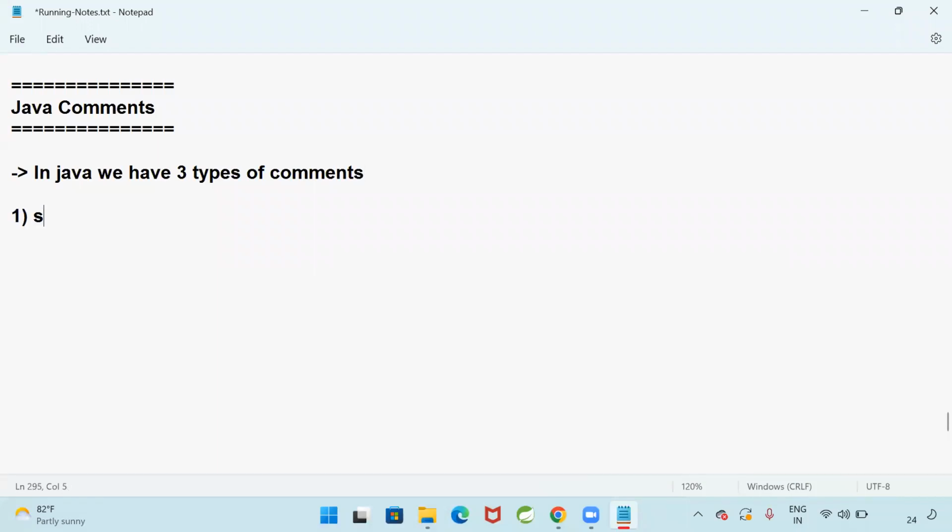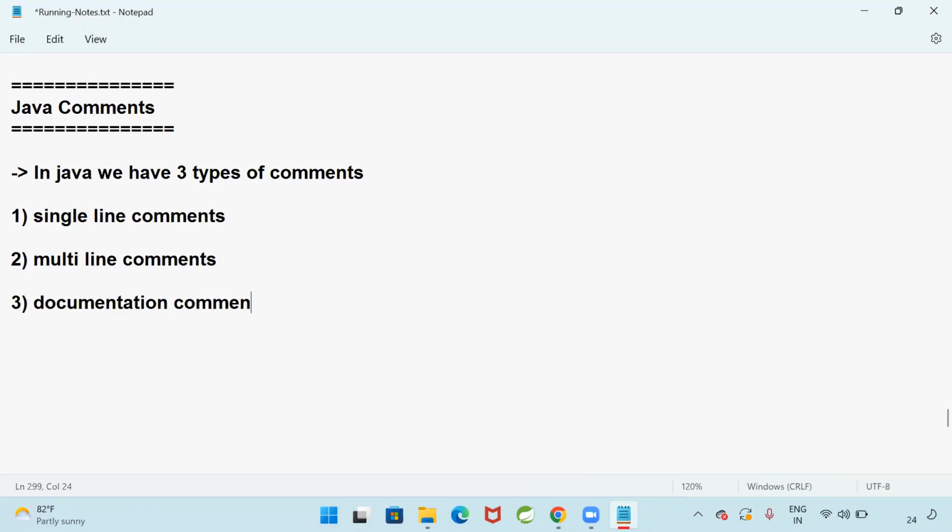First one is single line comments. Second one is multi-line comments. And the third one is documentation comments. Got my point? First one is single line comment, second one is multi-line comment, and the third one is documentation comments.